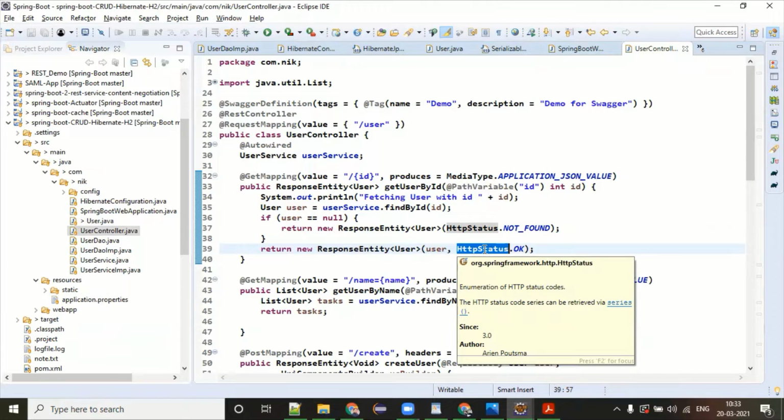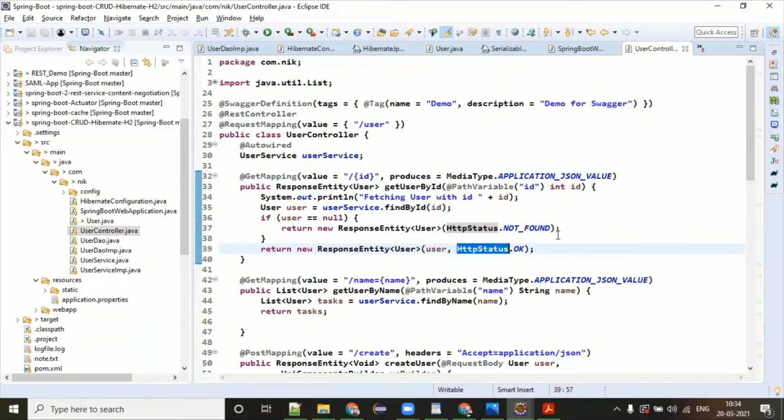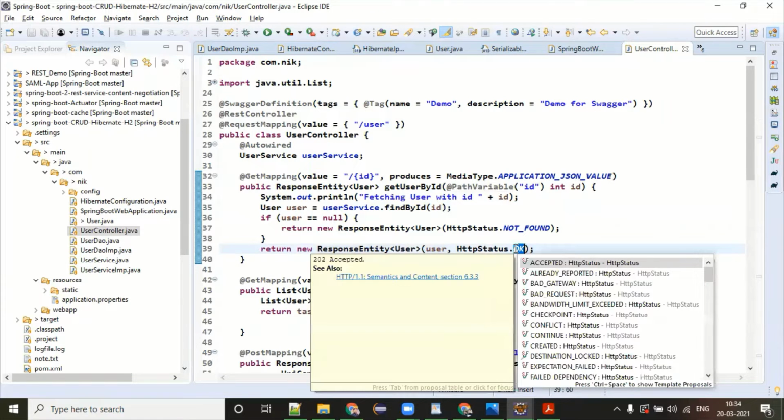As I told you, Spring Boot is used for microservices development, and your microservices have many consumers. Your consumers are mainly focused on this status. For each operation, for each HTTP method call, there is a separate status code.